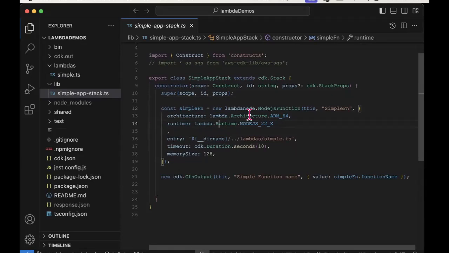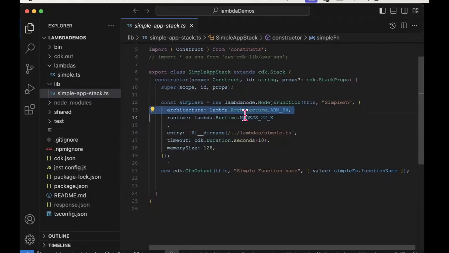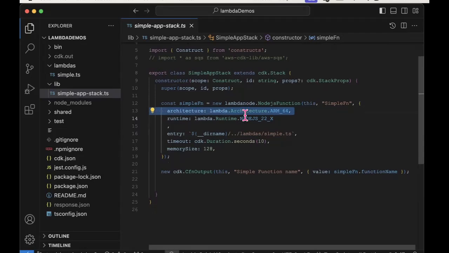This one here is actually specifying the type of hardware that I want the micro VM to run on. Now, there certainly isn't any need for me to, I've just put it in here for illustration purposes, but I could have left this entire line out and let the Lambda service assume the default architecture. But just for illustration, I am showing you that you can control the nature of the kind of hardware that the micro VM is running on.